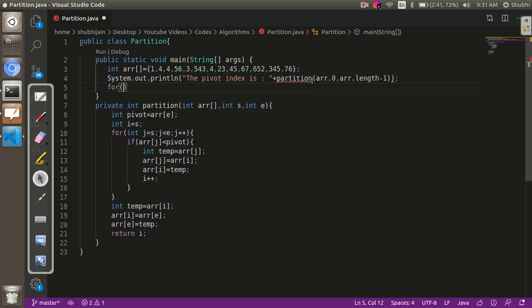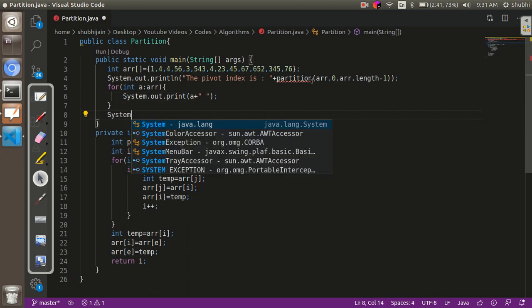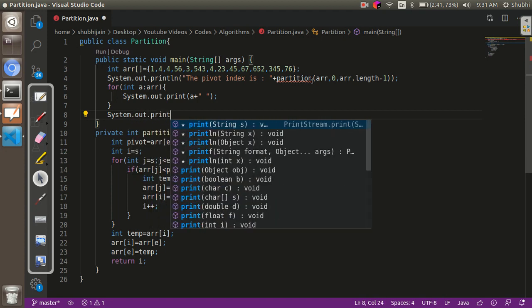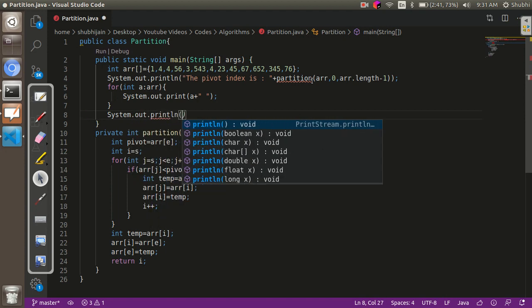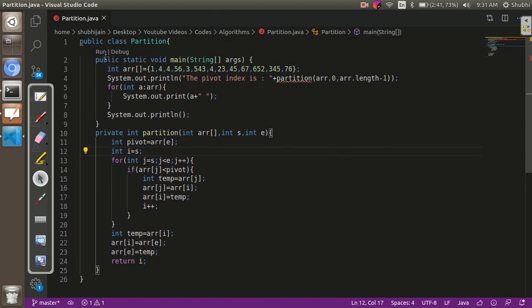Now let's print the values after the partition has been done. Okay, so let's run this code.